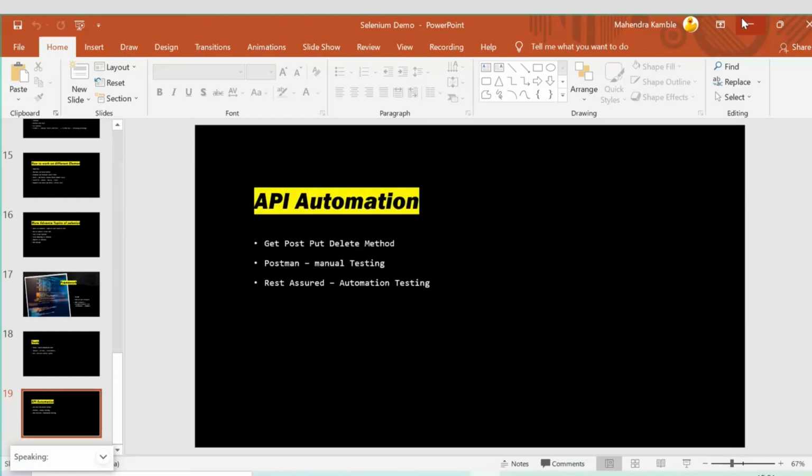How much time will it take to cover? I will not give you a specific time. This will depend on the competency of your particular batch. Sometimes it takes 2 months, sometimes it can take 3 months. But I guarantee it will cover the full course.